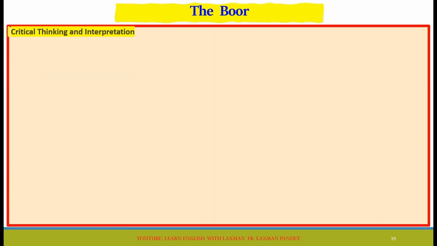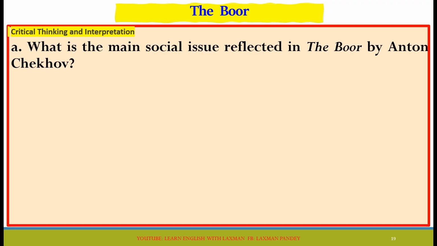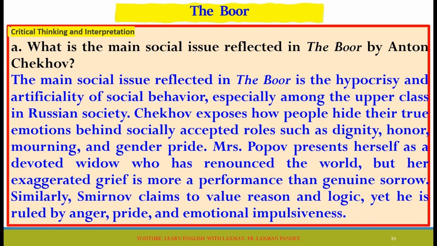Critical thinking and interpretation. What is the main social issue reflected in The Boor by Anton Chekhov? The main social issue reflected in The Boor is the hypocrisy and artificiality of social behavior, especially among the upper class in Russian society. Chekhov exposes how people hide their true emotions behind socially accepted roles such as dignity, honor, mourning, and gender pride. Mrs. Popov presents herself as a devoted widow who has renounced the world, but her exaggerated grief is